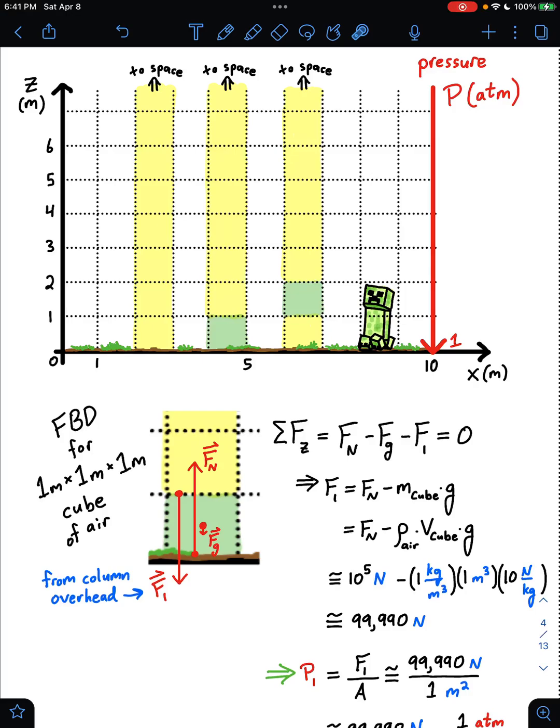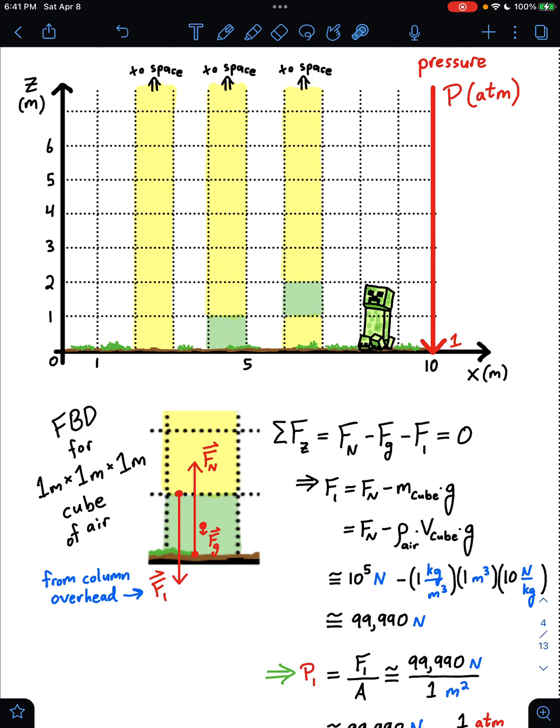So here we're working out how to calculate air pressure as a function of elevation, or in general how to calculate fluid pressure as a function of vertical position. So we're going to model the fluid as a stack of blocks. So I've highlighted 3 stacks of blocks in yellow here, these 3 columns of air stretching all the way up